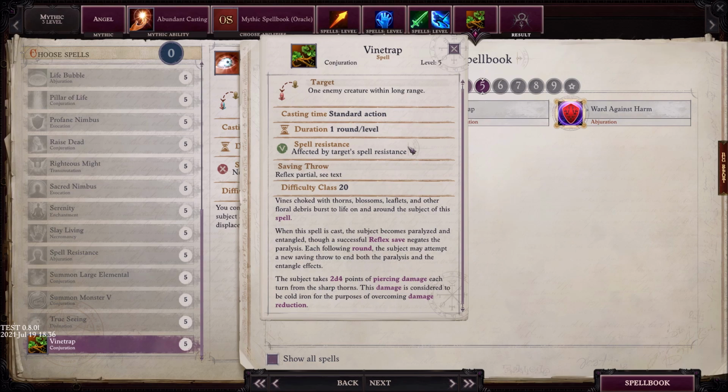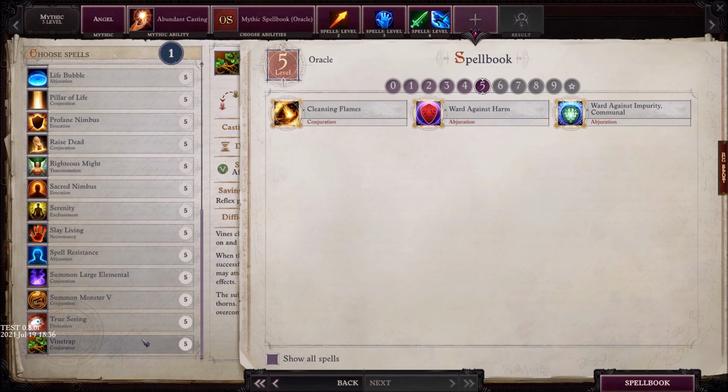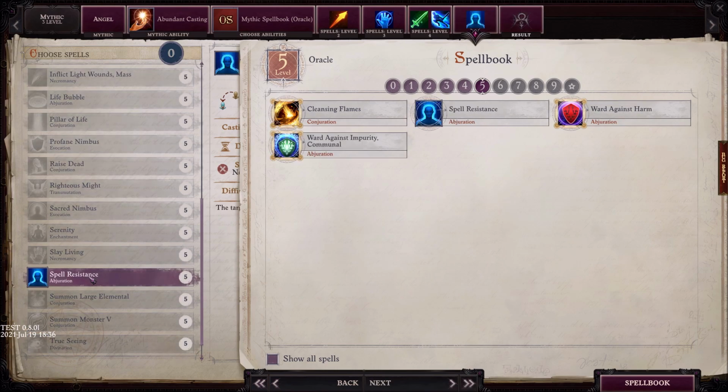It's lame damage, but it's a nice lockup for the bad guy. And again, we're going to have buffs to Conjuration spells anyway, so this is a solid choice. We don't have those yet. Up to you. Again, True Sing is a solid buff I didn't take. You could totally take that. But I'm going to grab